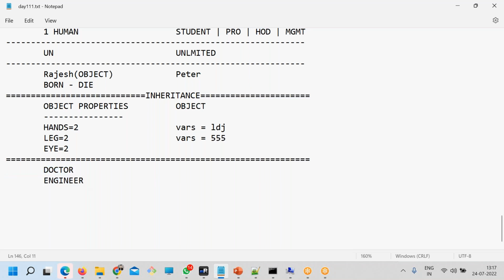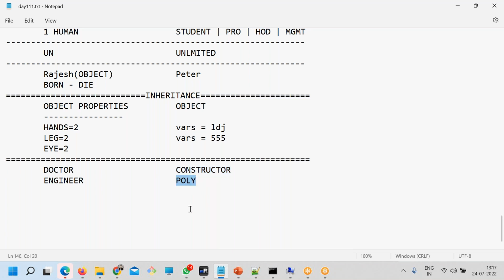Different people behave in different ways. That is what we call the constructor. That means we develop ourselves also. Polymorphism also you can add here. So we can develop our own set.